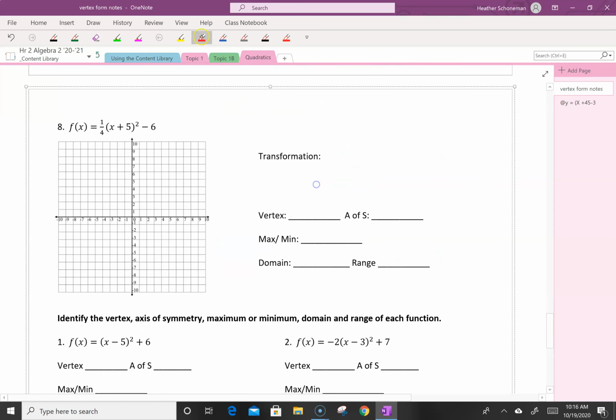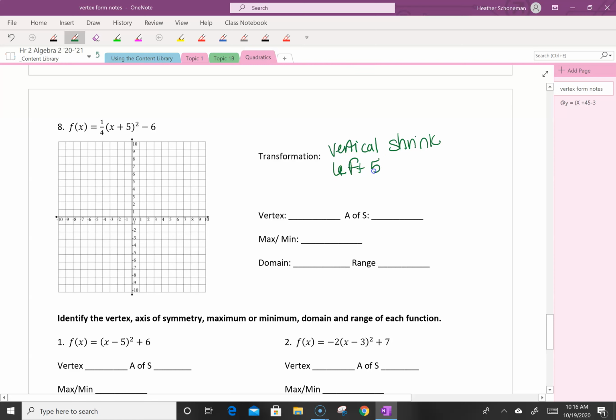Okay, on this last one, we have a 1/4, which would be a vertical shrink, so it's going to get fatter. The 5 tells me I'm going to go left 5, and the -6 tells me I'm going to go down 6. My vertex, the opposite of what's in the parentheses, so -5, and then the number added on, so -6. My axis of symmetry is x equals the x coordinate, which is -5. So I'm going to start at -5, -6,